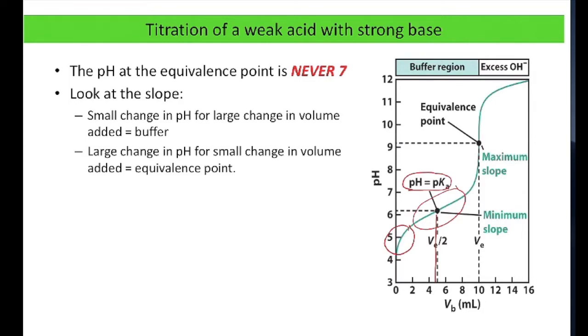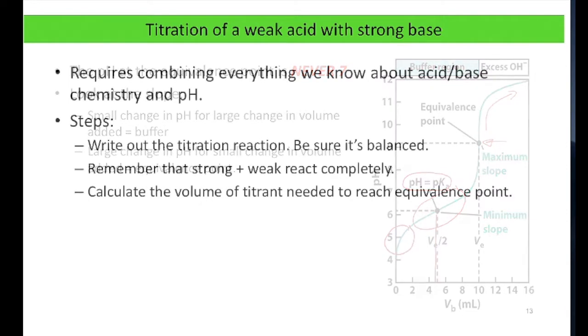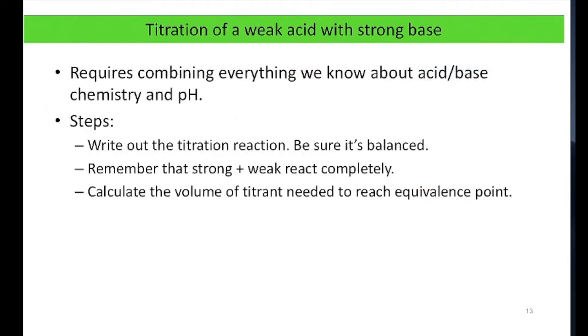So when half the volume to get to the equivalence point has been added. And then in this case here, we have the equivalence point being above 7. And then after the equivalence point, the shape of the titration curve is exactly the same as a strong acid, strong base titration curve. So to do these calculations, we have to bring in everything we know about acid-base chemistry